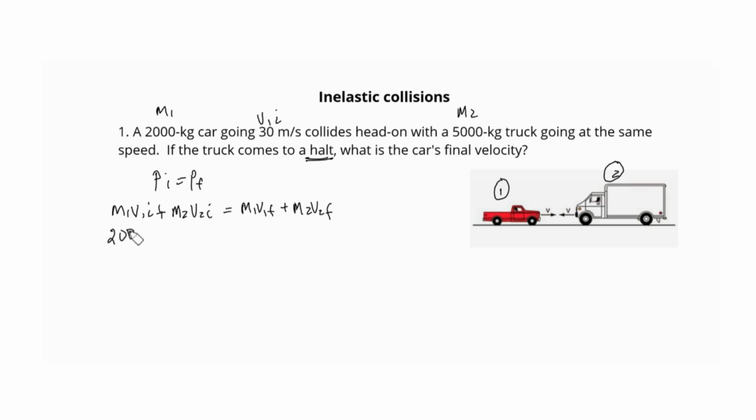So we have 2,000 times 30 plus 5,000 times negative 30, because if this guy is going at 30 meters per second this way, then he's returning back at 30 meters per second this way, and this would obviously be a negative velocity. So that gives me 60,000 plus negative 150,000